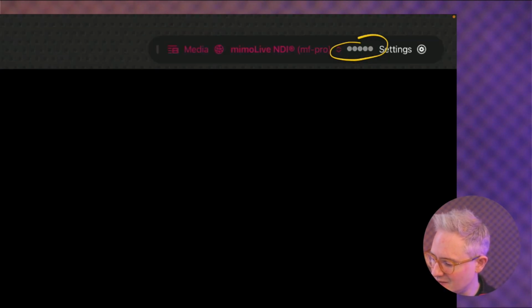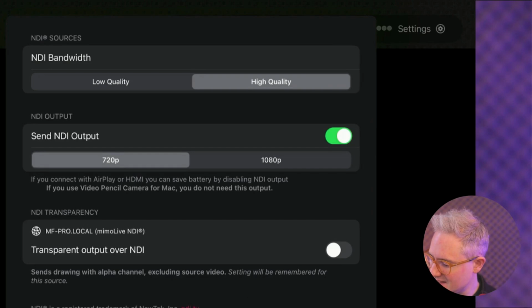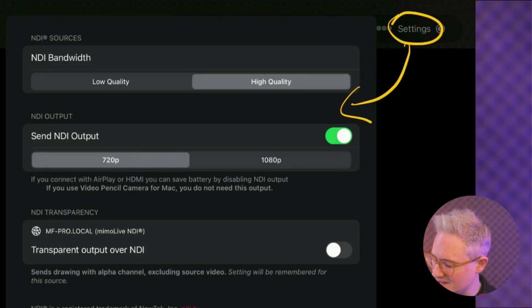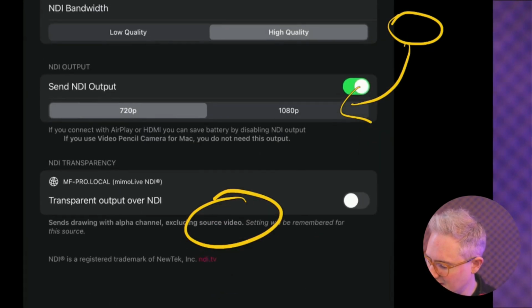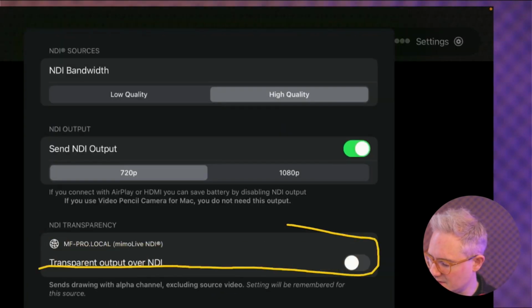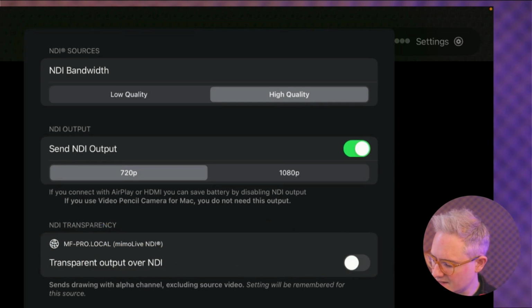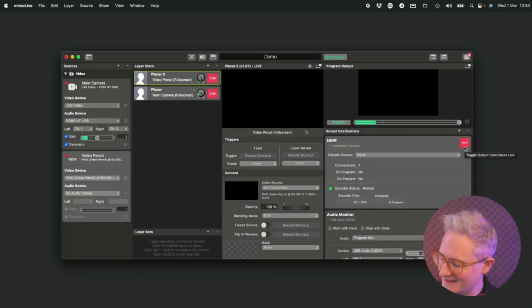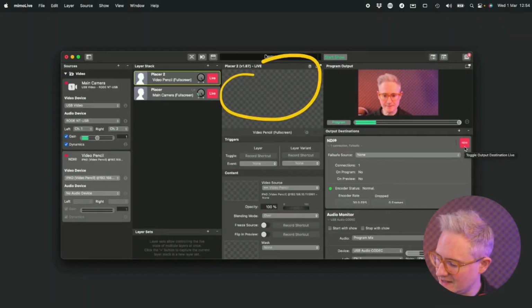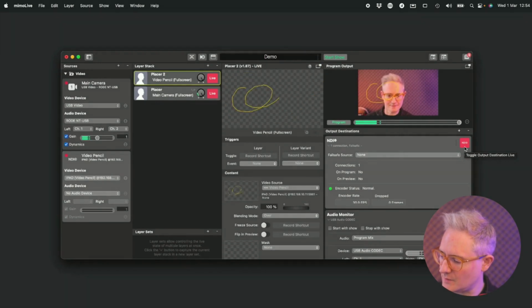So what we have to do to make it all work is go into settings. So there's this settings button here that brings up this. There's an NDI tab. So you need to hit NDI on here. So you're going to turn on transparent output over NDI. And that's going to work for mimoLive NDI. And once we do that, we are now in business. It is going to no longer be black, it's going to be transparent, and we're going to be able to